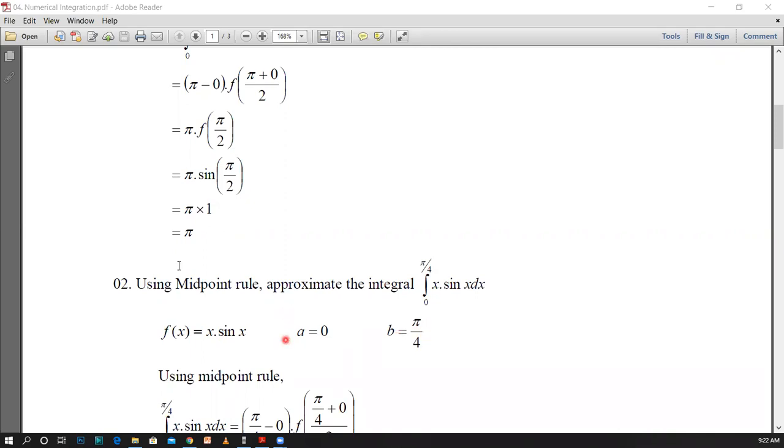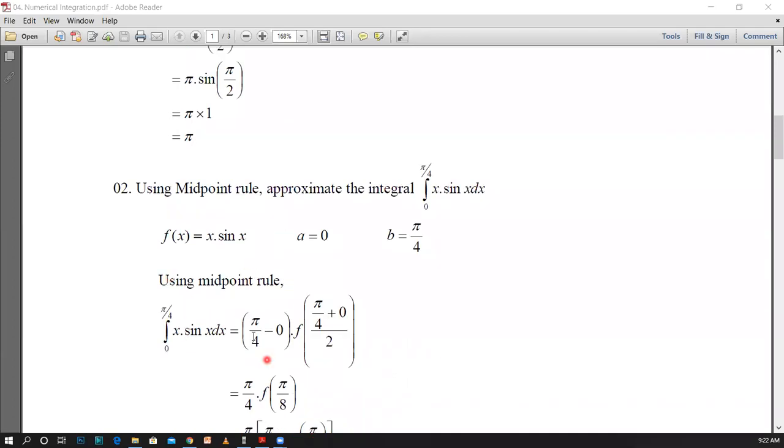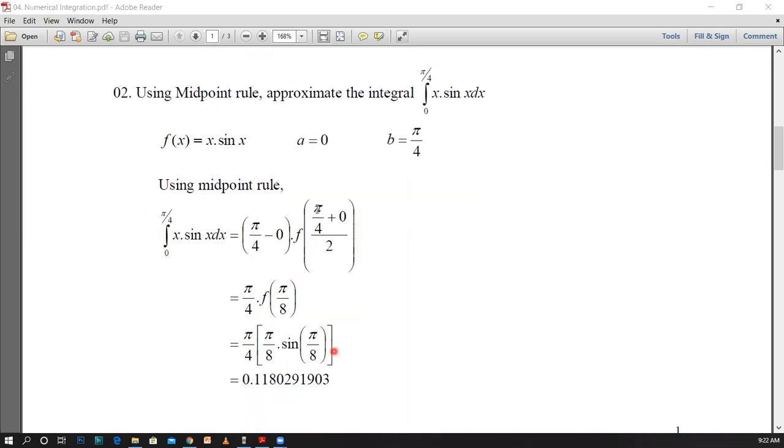Therefore, using the midpoint rule, you can apply it here. Now you can see that the value of b minus a is 5 divided by 4 minus 0. Then this times the midpoint value you have to identify for the function. Then it will be 0 plus 5 divided by 4. (a plus b) is 0 plus 5 divided by 4, divided by 2. Then you can see that the identified midpoint value is now equal to 5 divided by 8, and this quantity has to be multiplied with the quantity 5 divided by 4. It is acting as a constant term.